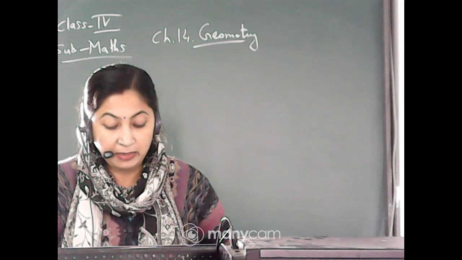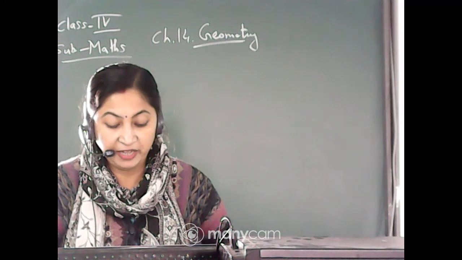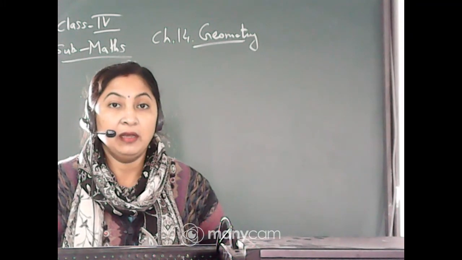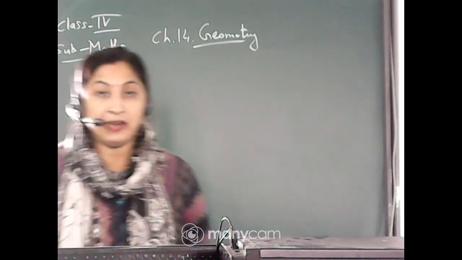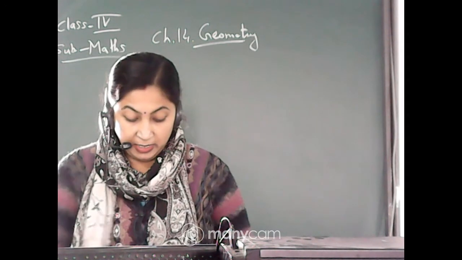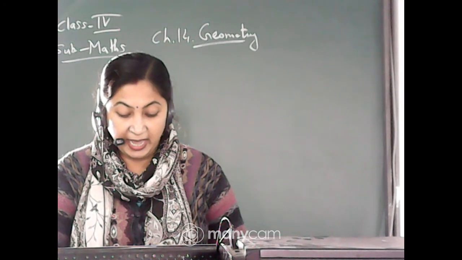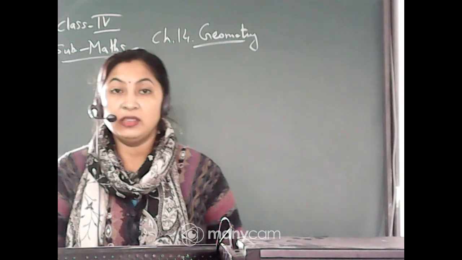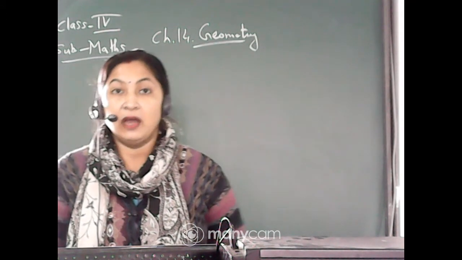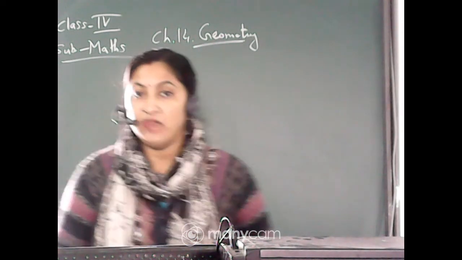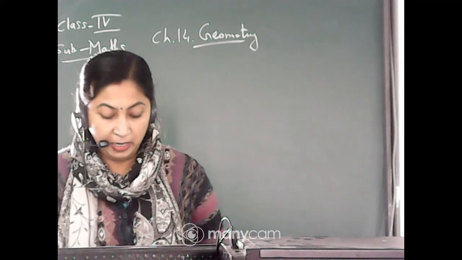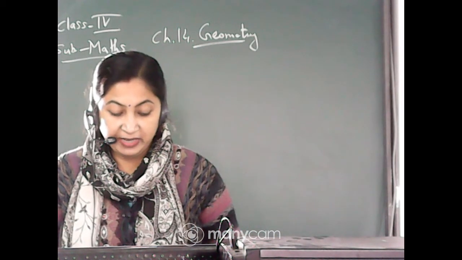Now number E. A dash has a definite length. A line segment. Exactly. A line segment, it has a definite length. Okay. Next. Number F, a dash has no length, breadth or thickness. A point has no length, no breadth and no thickness. Okay, we have already discussed these things earlier. So once more we revise.